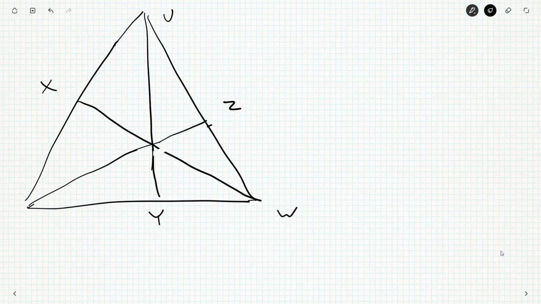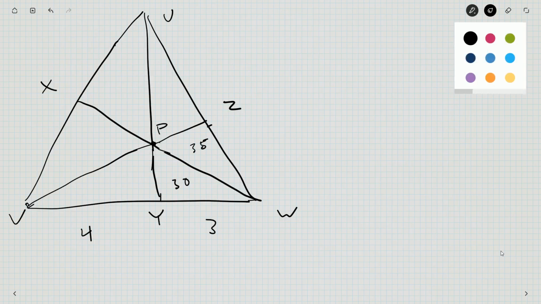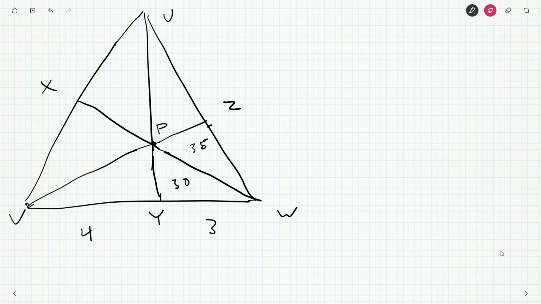Pass through all the same points, so we get point P here. Okay. So we know this is 30, this is 35. And we know we've got 4 to 3. Well, by that same comment that we had, I think I'll try and color code this so it's a little easier to follow. If we just look at this red triangle here,